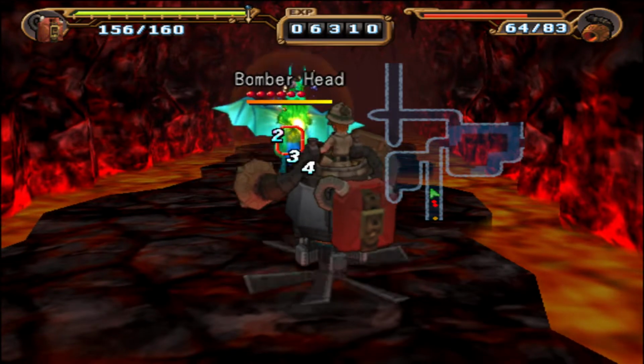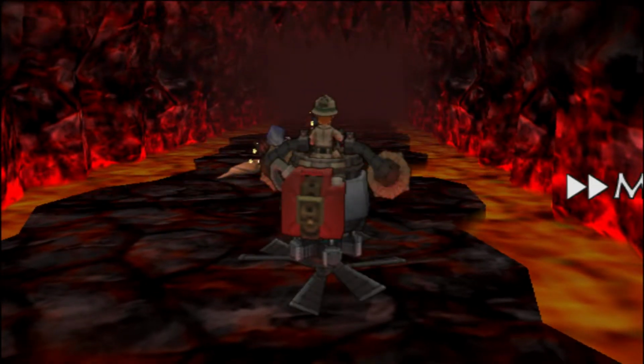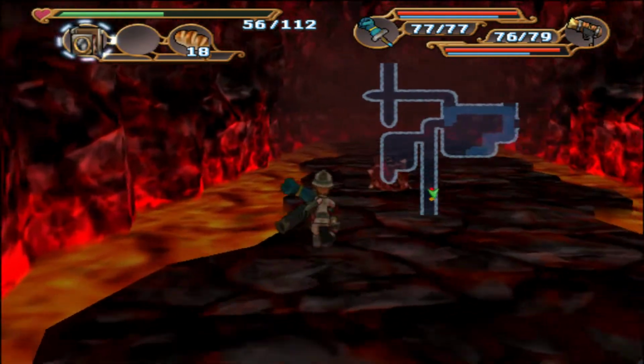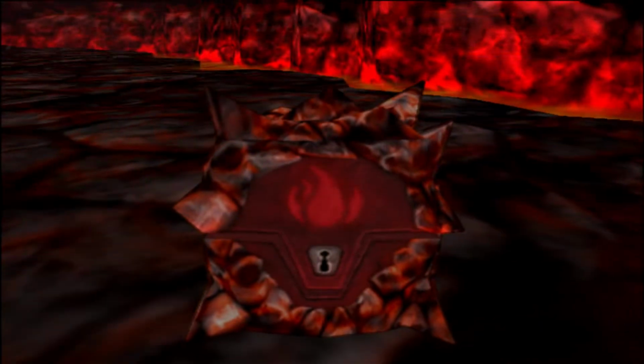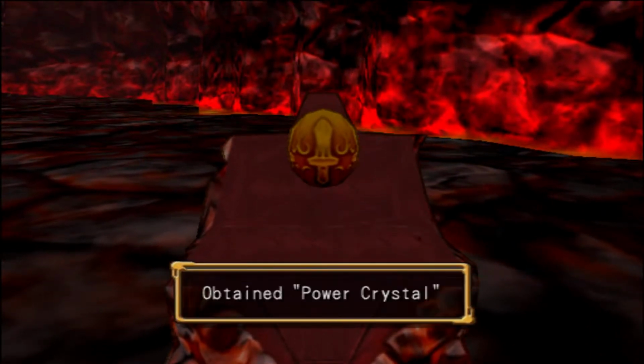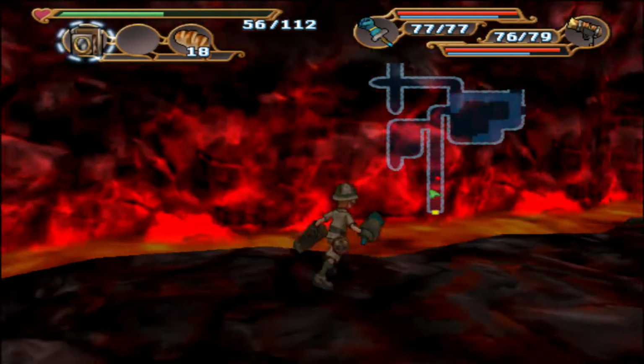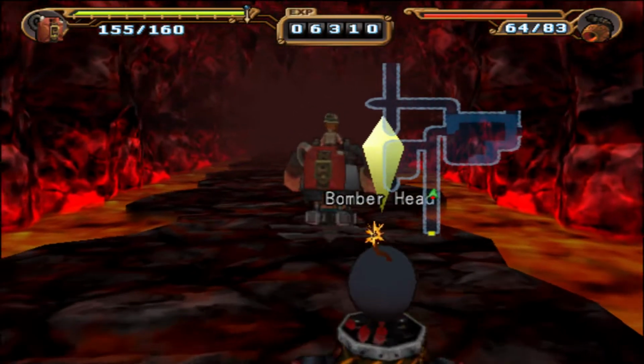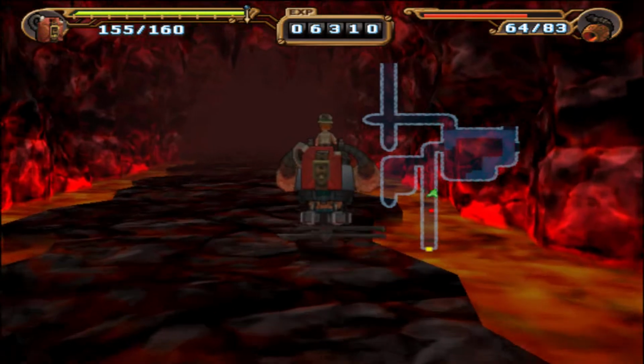Luckily, it stays targeted, so stay on target. Alright, we'll avoid you too. Just because as soon as he blows up, obviously he's done for. Power crystal? No. Oh, there's the exit, but we also need the geostone, so let's grab that, and then I'll try to get this bomber head